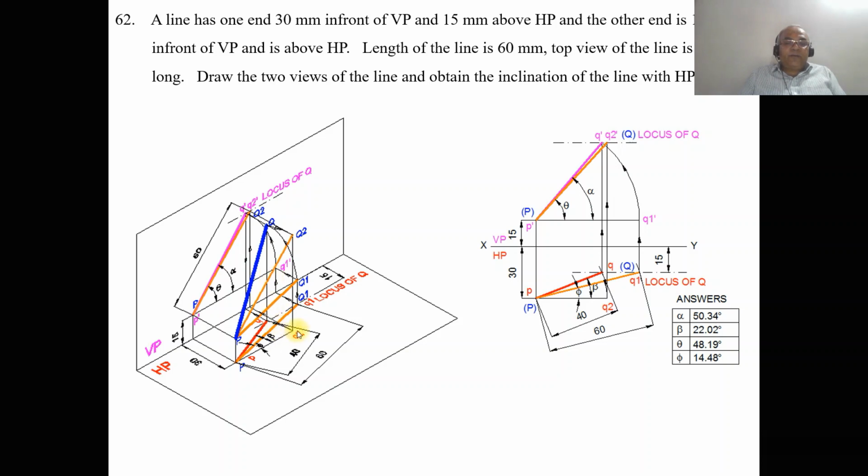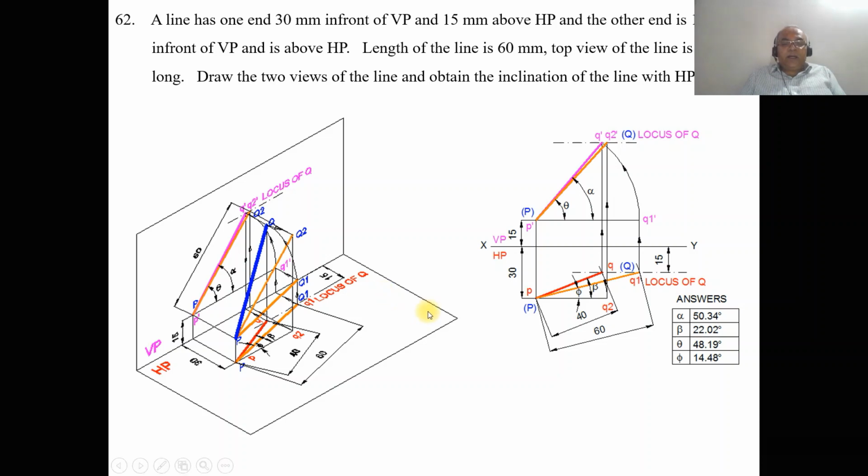As we look from the top view, you project from Q2 to here. Then in the top and front view, this small q2 to q2 is the line you are getting in space. When you look from the front view, that projection is going to be from here. You project from here so that it cuts the locus of q in the front view, and mark that point as q2 dash. Join p dash q2 dash, which is the true length line. So this is how we analyze this problem in 3D.